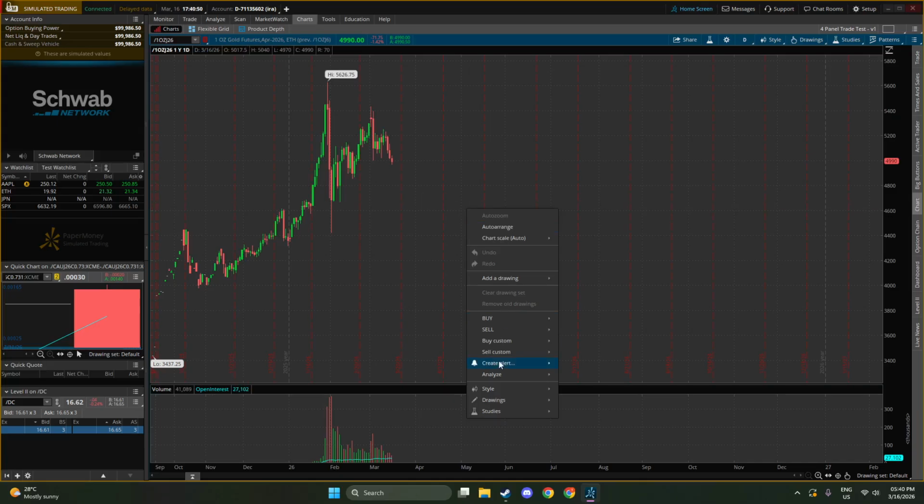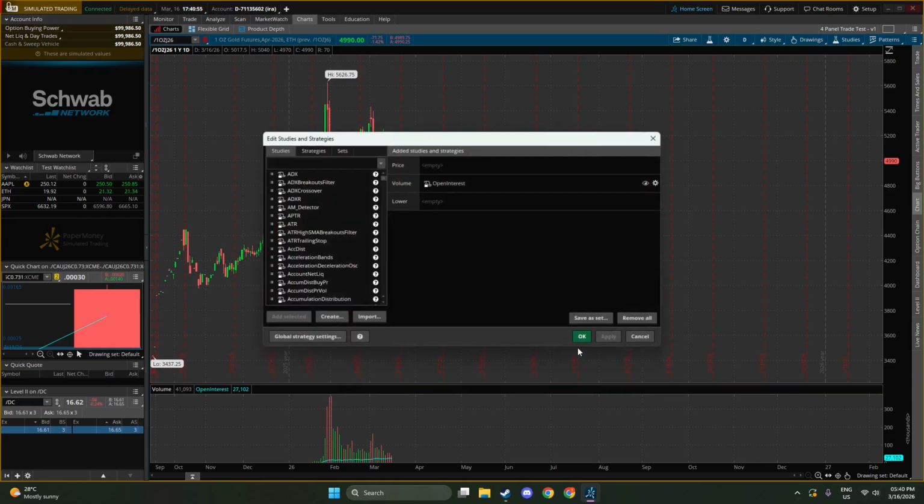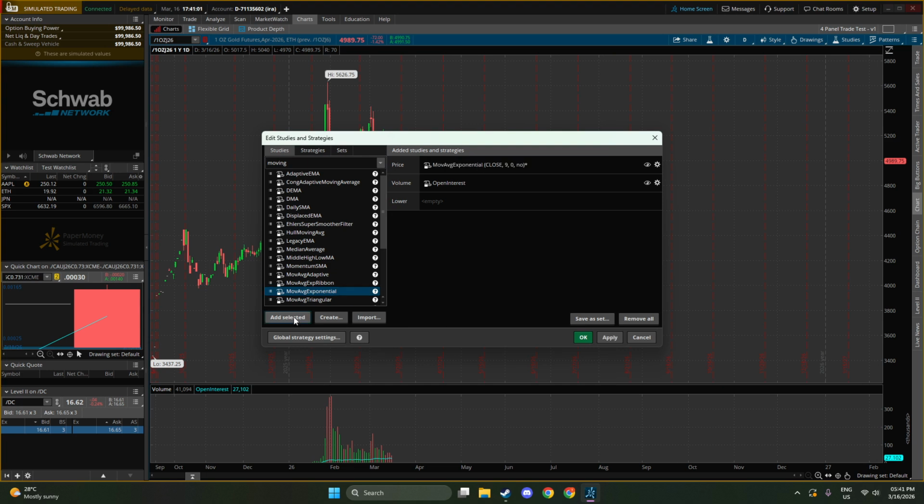Next, let's apply the key indicators. Right-click anywhere on the chart, choose Studies, then Add Study. We'll start with 3 exponential moving averages, 8, 21, and 50 periods. These act as trend filters. The 8 EMA captures short-term momentum, the 21 helps with the swing structure, and the 50 gives you a broader